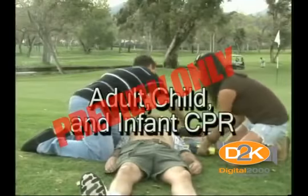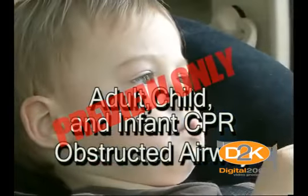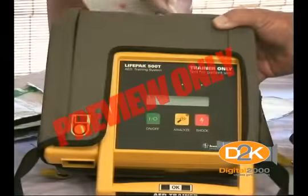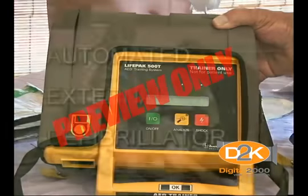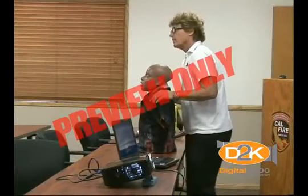This program will review adult, child, infant CPR, and obstructed airway. Additionally, we will introduce you to the AED, which stands for Automated External Defibrillator. Upon completion of this CPR video and participating in a CPR class, you will have learned the key guidelines essential